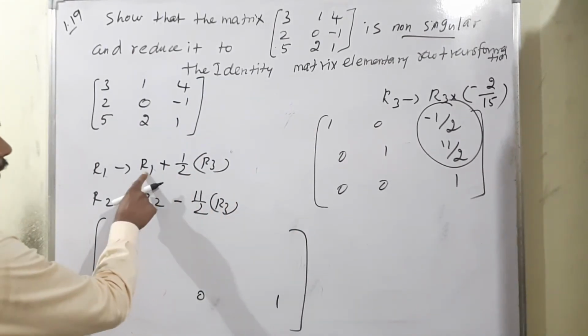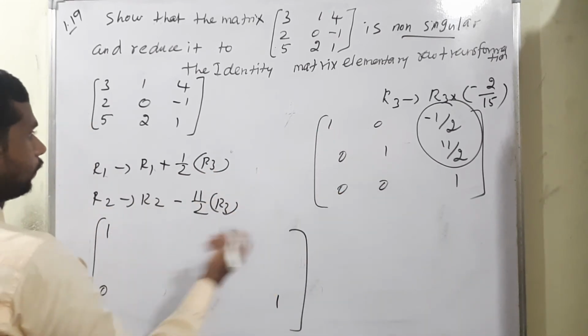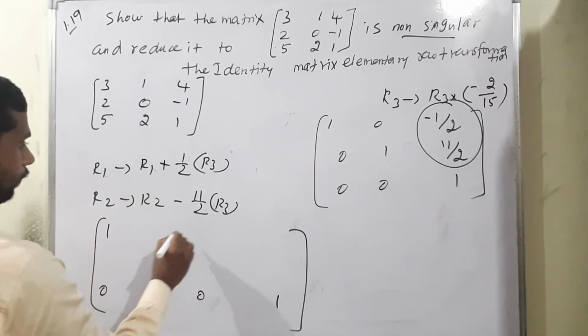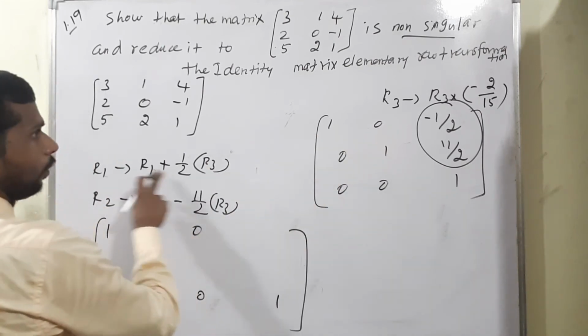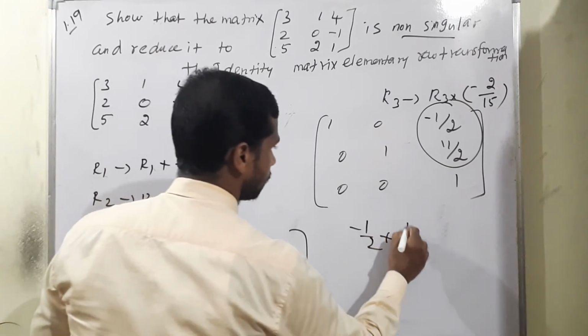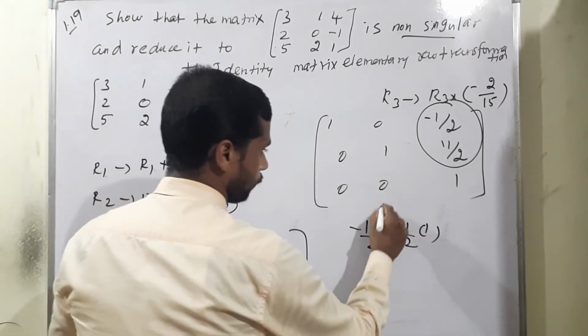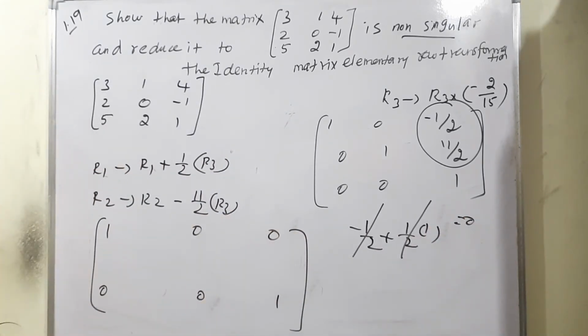Now R1 minus. Comparing R3, R1 plus R3, definitely 1 plus 0 means value will be 1. Next term also listen very carefully. R1 plus R3, so 0 plus 0 means value will be 0. The next one, the last condition, R1 value minus 1 by 2 is there. Minus 1 by 2, then center plus sign is there, 1 by 2 into R3. Into R3 already we found value will be 1. So negative 1 by 2, positive 1 by 2, value will be 0. There we can write it directly, value will be 0.